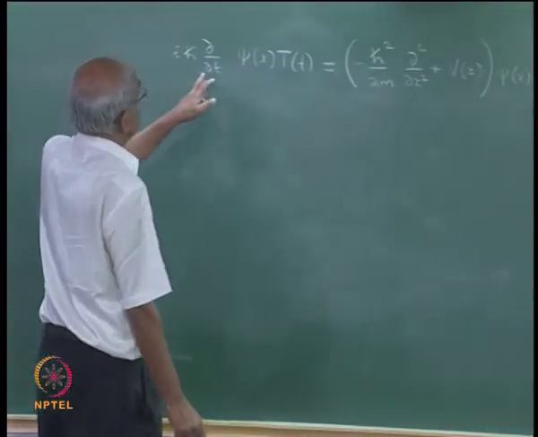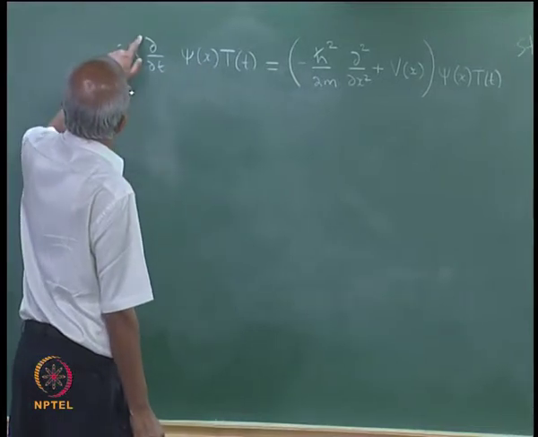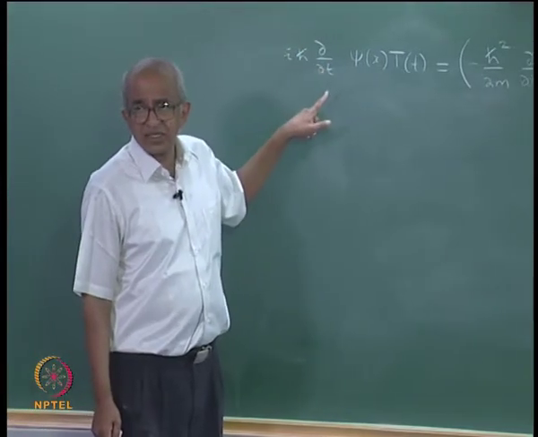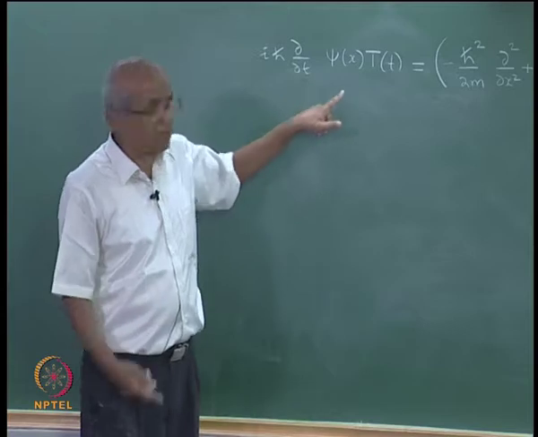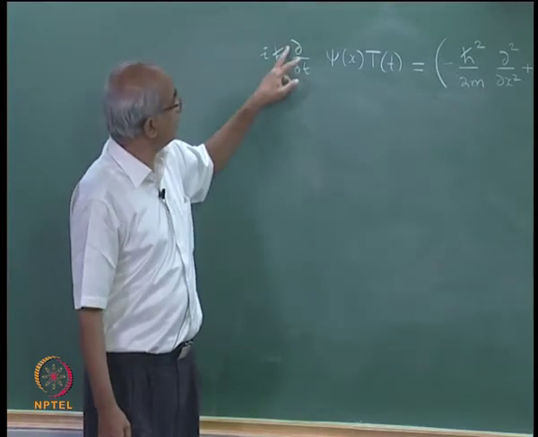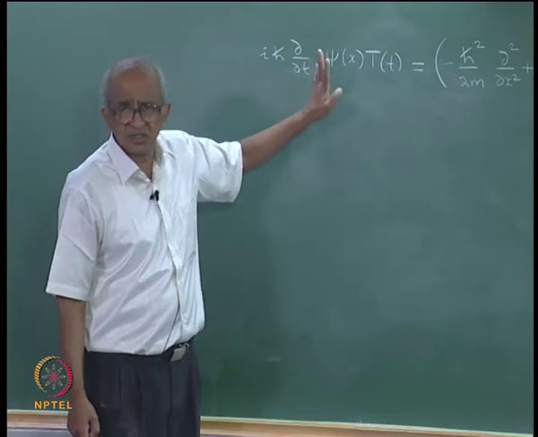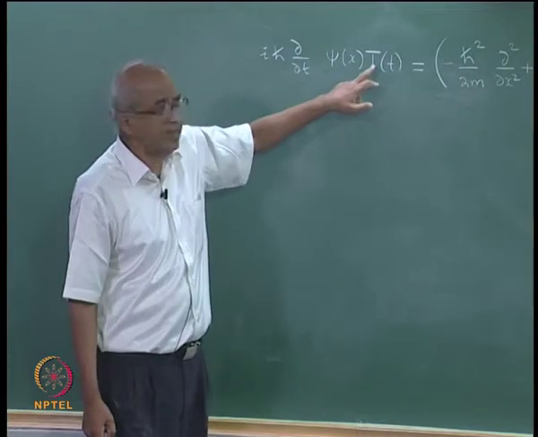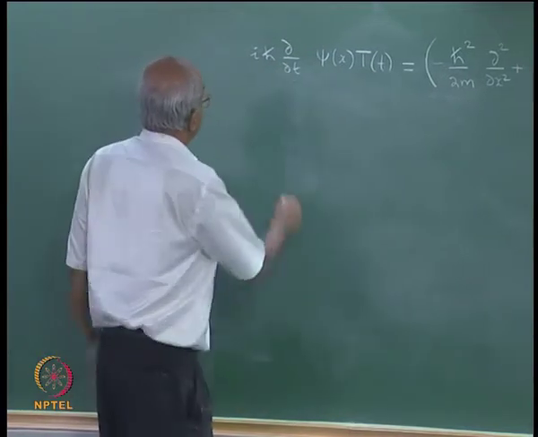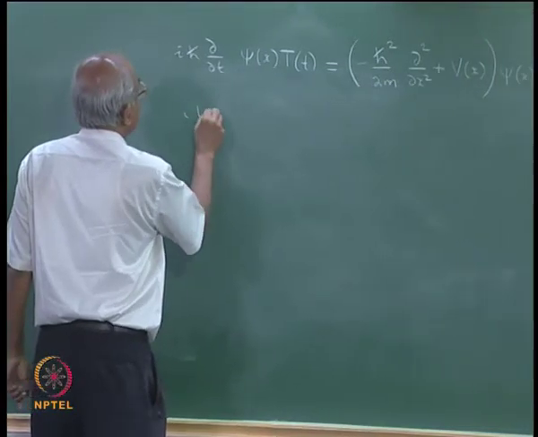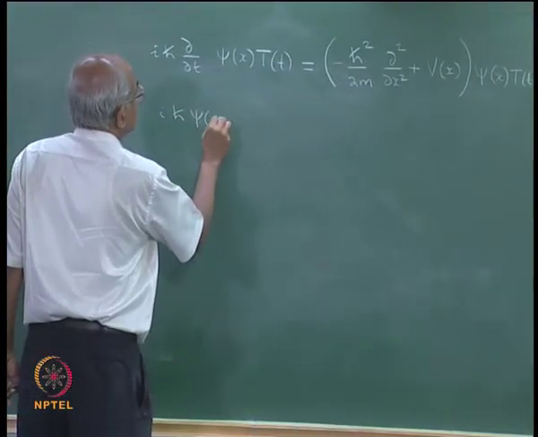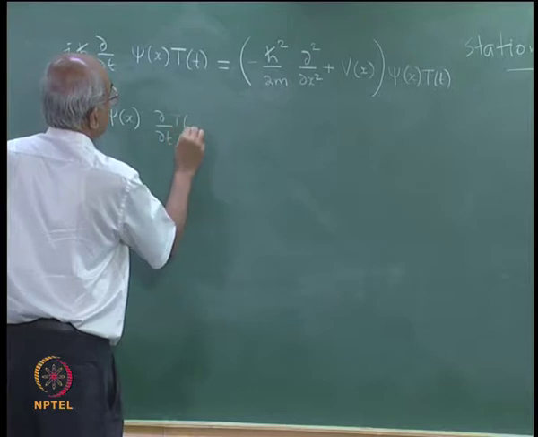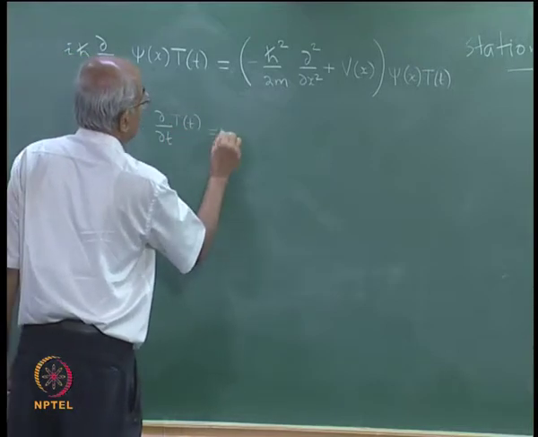But then if you look at the left hand side of this equation, you have partial differentiation with respect to t. Now, when you are partially differentiating with respect to t, that means you are not allowing x to change. So, as far as this differentiation is concerned, psi of x is a constant. So, it is not affected. So, this partial derivative is going to affect only capital T. So, therefore, I can write this as i h cross psi of x dou by dou t operating upon capital T of t, and that is equal to